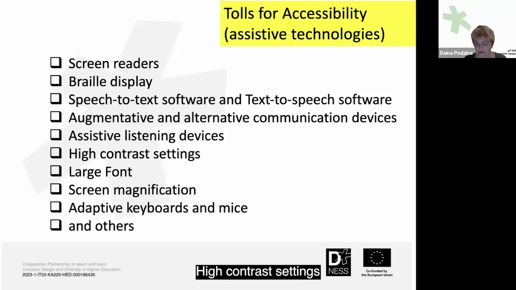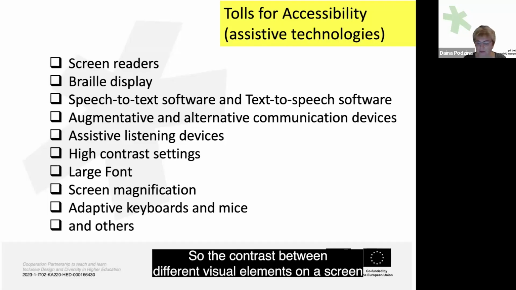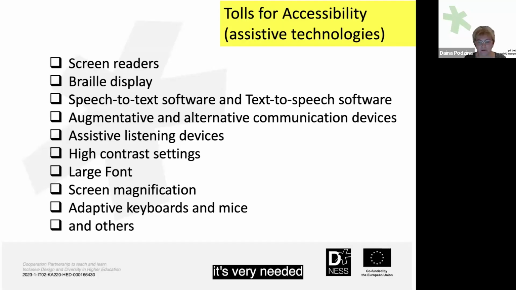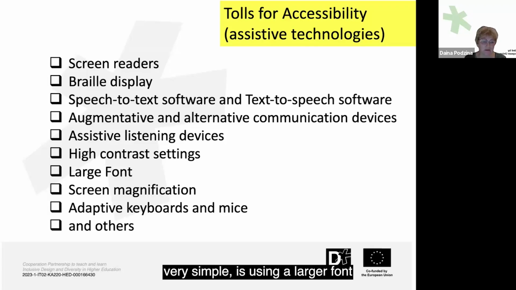High contrast settings help individuals with visual impairments or color blindness. This feature enhances the contrast between different visual elements on a screen, and it's a very needed tool to make information accessible. The other one, which seems very simple, is using